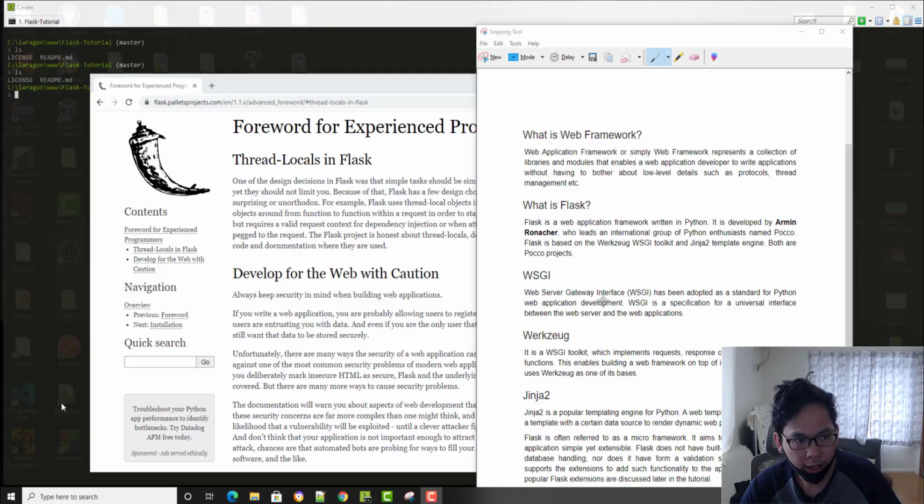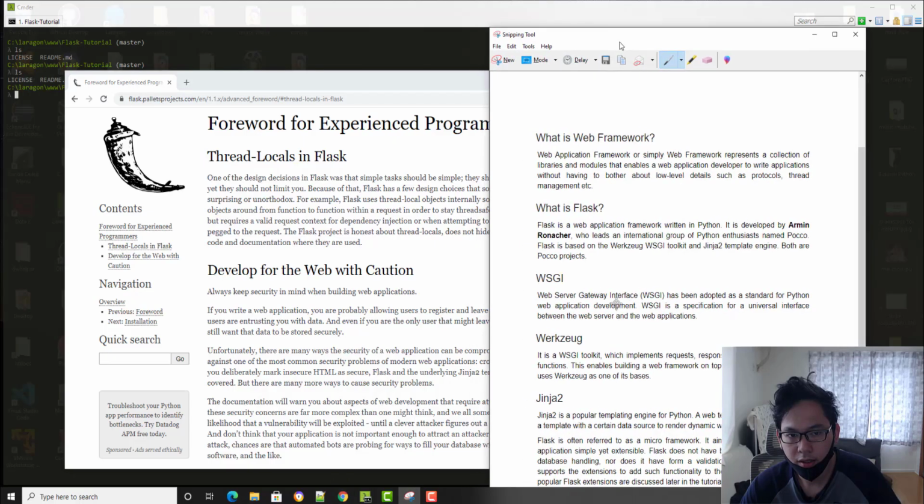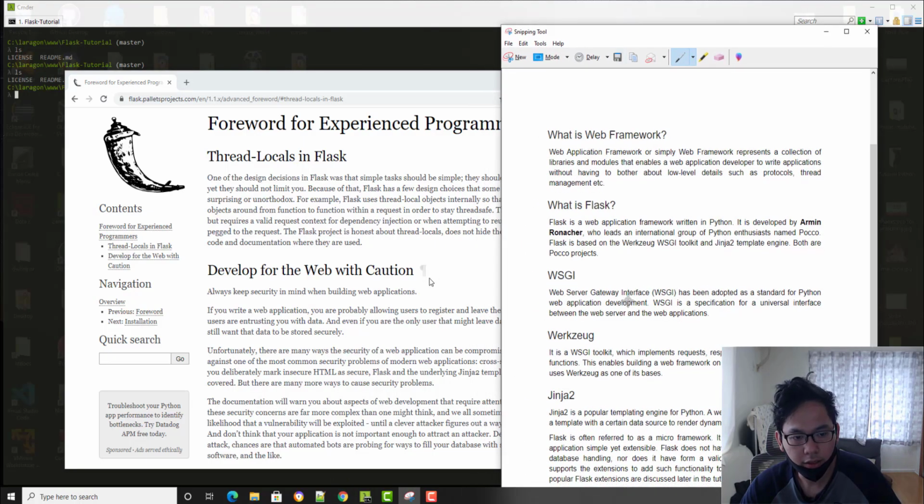And if you go to the Flask documentation, they have written: develop for the web with caution, always keep security in mind while building web applications. So you know what the meaning of this is. Flask in general is not for beginners who can jump in easily and master it. That's absolutely true anyway. You should have experience in web development in order to master this.